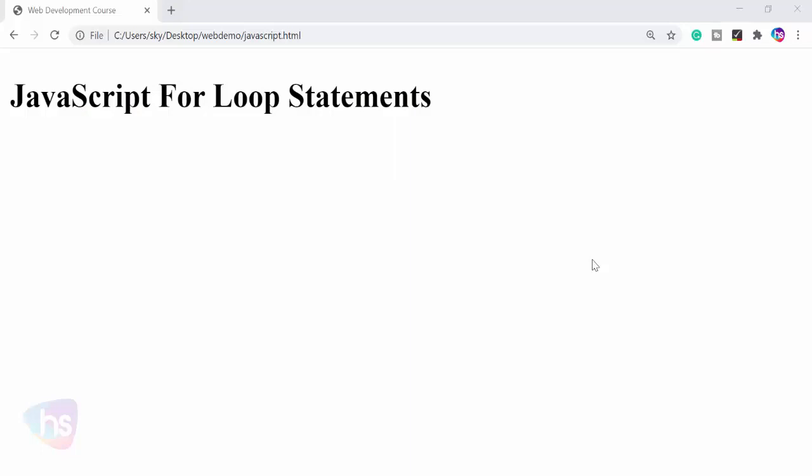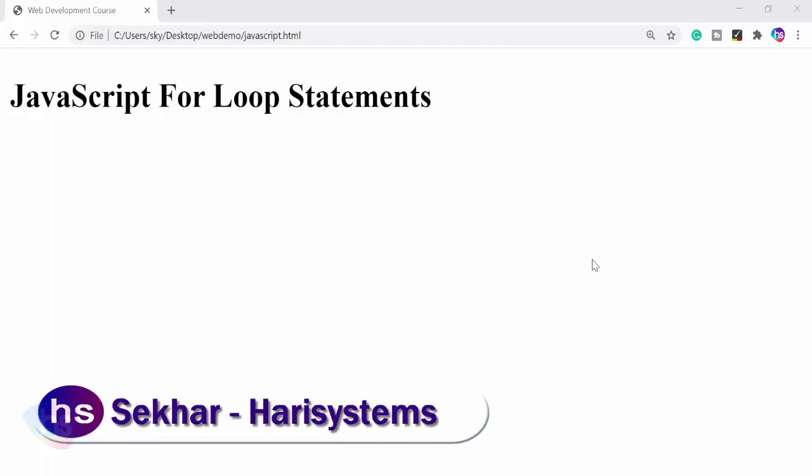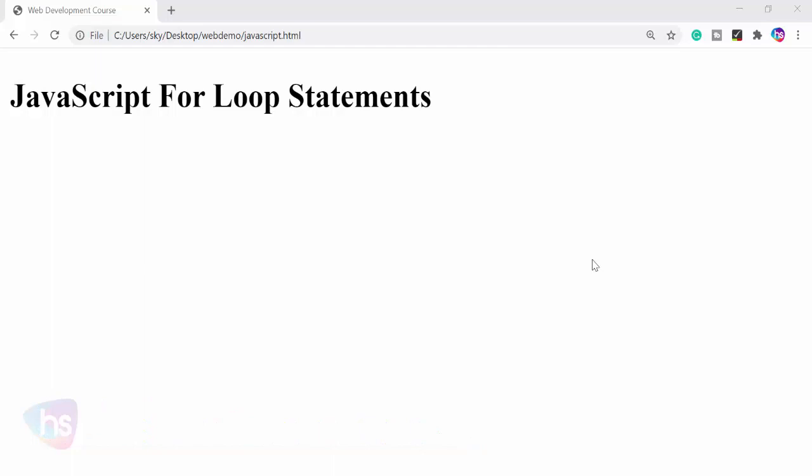In this lecture, you are going to learn what a for loop is and how to use a for loop using JavaScript, and how to prepare statements that recur to print the lines of for loop statements using JavaScript within an HTML form. How it is, we'll see in this lecture. Let's begin.